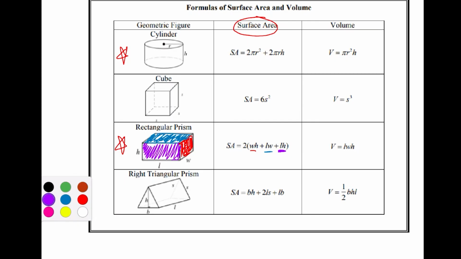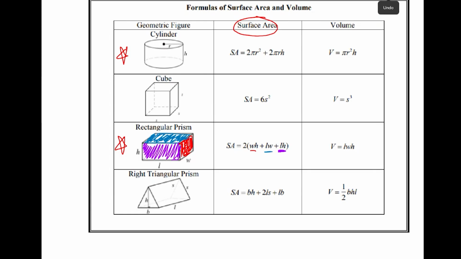Now also notice we got a times 2 on there, and that's because each one of these sides, there's two of them, right? The top and the bottom have the same area. The side over here and the side that's parallel to it, they all have the same area, right? There's a total of 6 sides on this figure. So we're just going to double whatever we get there. Okay, so don't worry about memorizing the formula. I'll give it to you, but just conceptually, what you're doing is finding the area of each side,